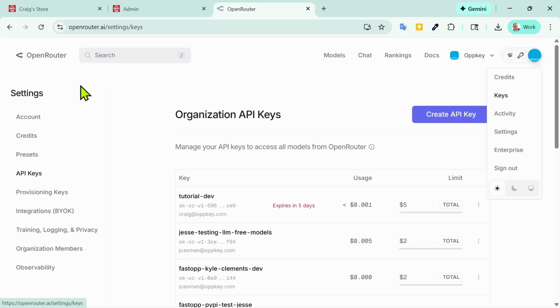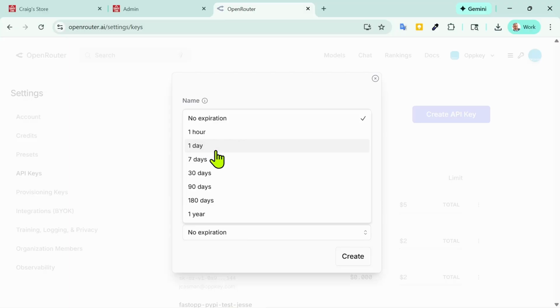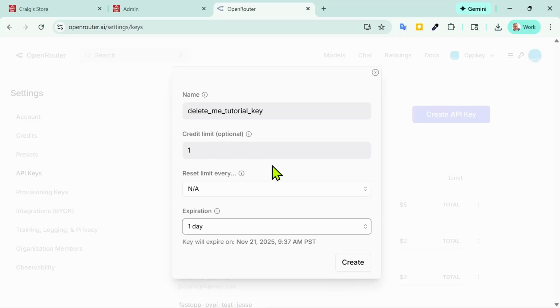You can get a key from OpKey if you email Jesse as well too. But I'll go delete me tutorial key and I'll have it expire after 1 day. I'm going to create it,